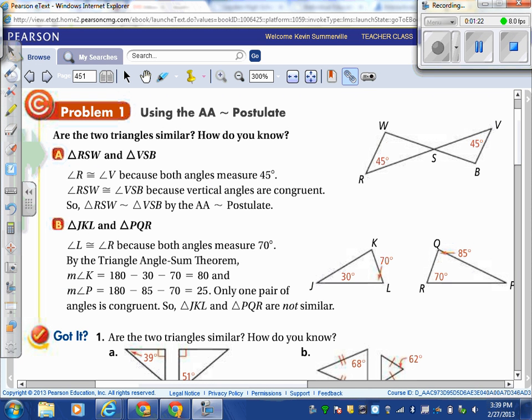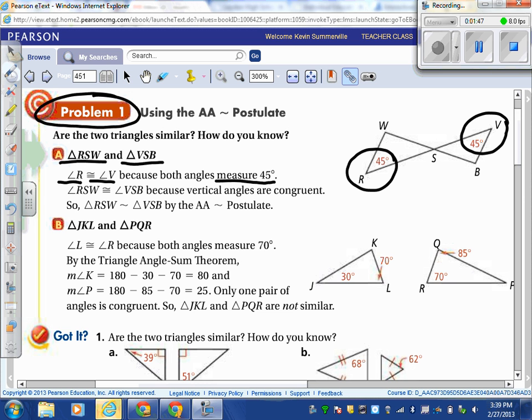Let's take a look at what they try to tell us in problem number 1. In problem number 1, they're telling us that triangle RSW and VSW, are they similar? Angle R is congruent to angle V because the measure is 45. These two equal 45. So triangle RSW and VSW